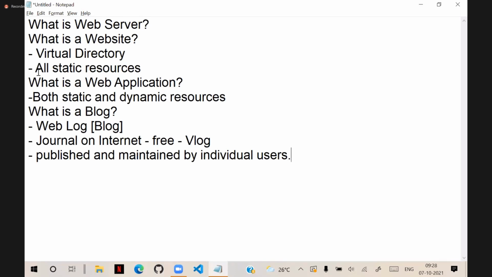That means Google pays you for what you are publishing. So that means a blog is free, a YouTube channel is free, and you can make money with that. People are now making money with these blogs very much. For example, you can create your own blogs. For example, you can see here,